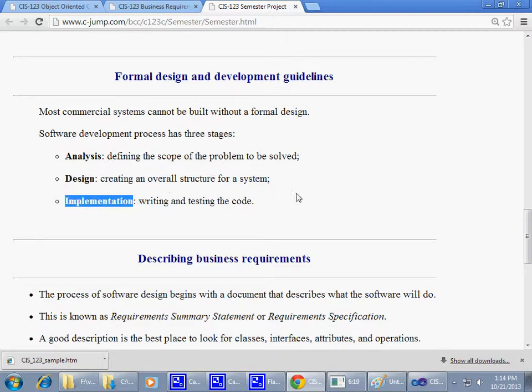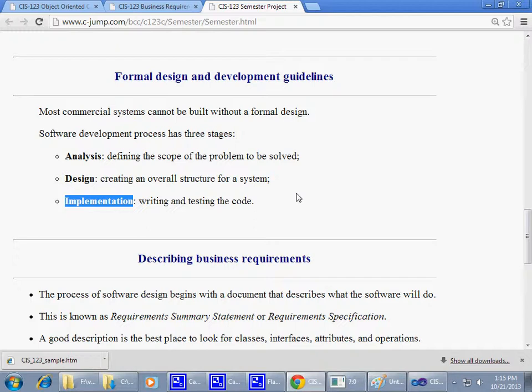And implementation is, of course, writing and testing the code. Even as a programmer, you write code and you want to test it. But of course, there is a much more formal approach to quality assurance of the software, and there's more to it than just informally writing code, being able to compile it, and doing some basic testing with it. In addition, there are separate stages of it. But again, focusing on our own world right here, we just want to focus on these three